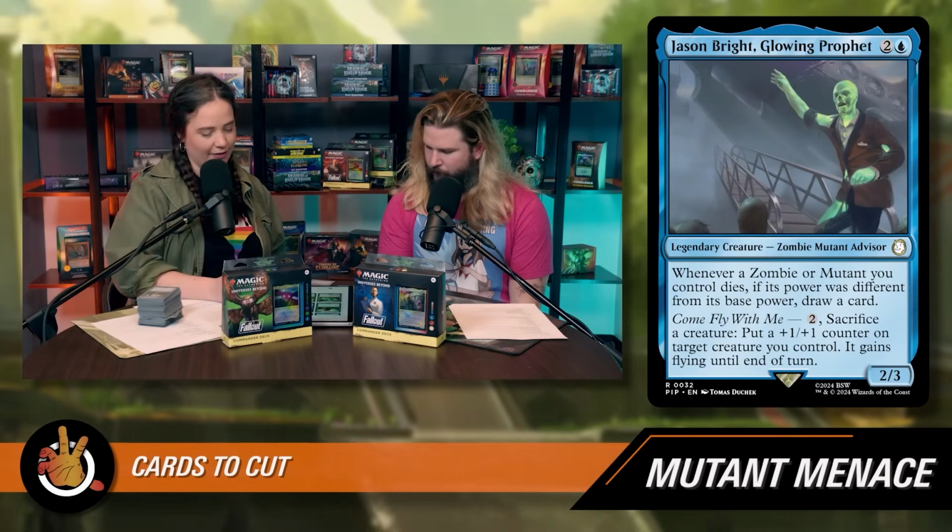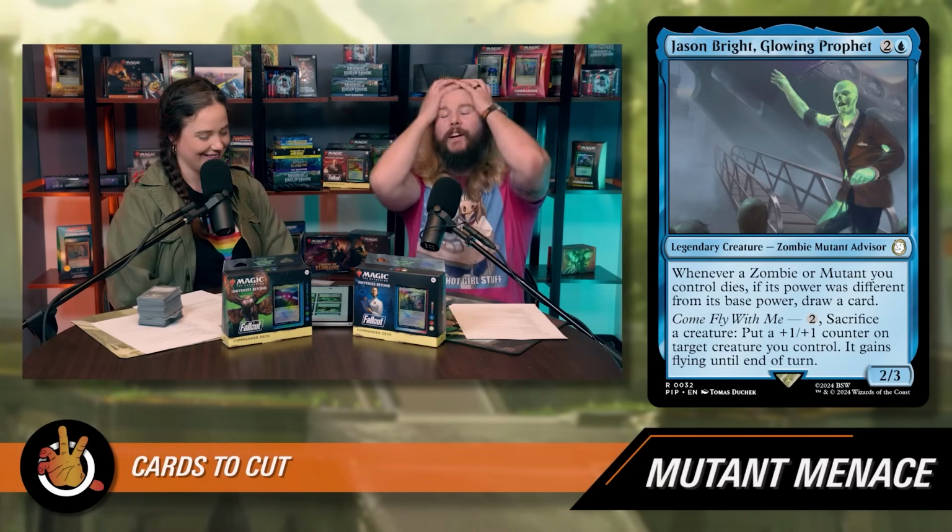Up next, we are losing Jason Bright, Glowing Prophet. He's 2 and a blue for a zombie mutant advisor. Whenever a zombie or mutant you control dies, if its power was different from its base power, draw a card. And then it has a sack outlet. That's called Come Fly With Me, which is a reference to the side quest where...